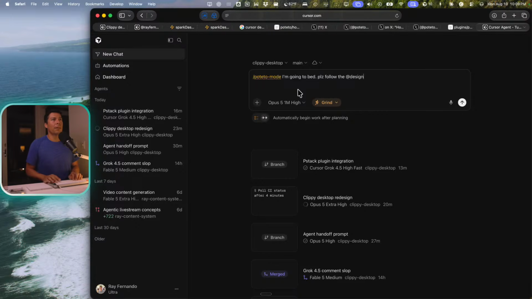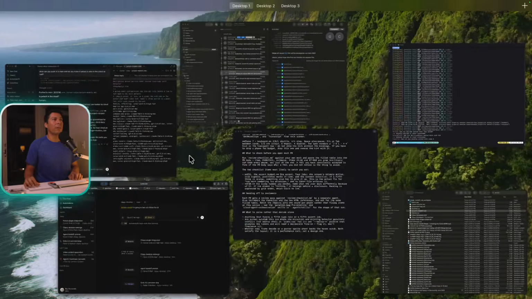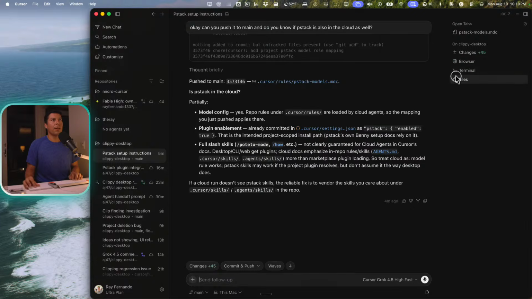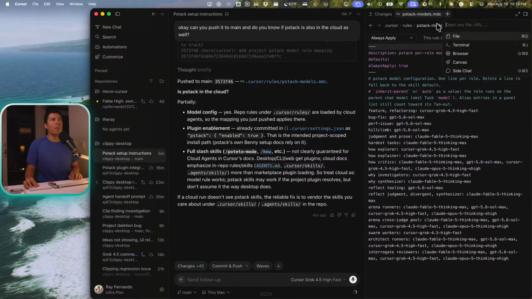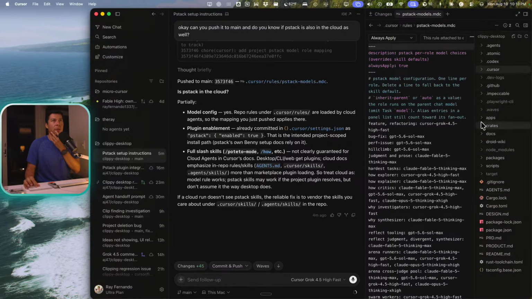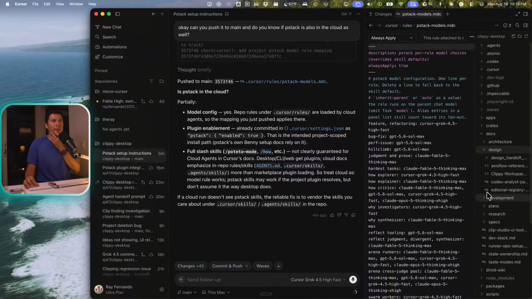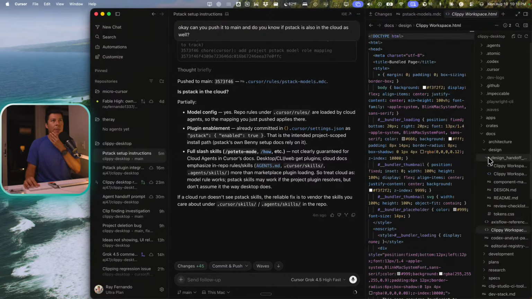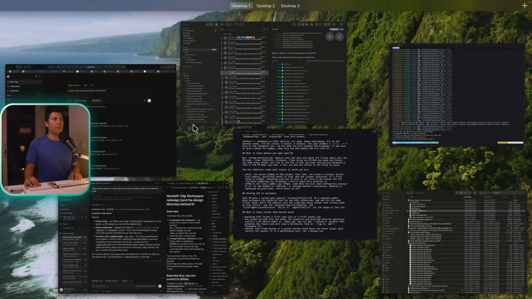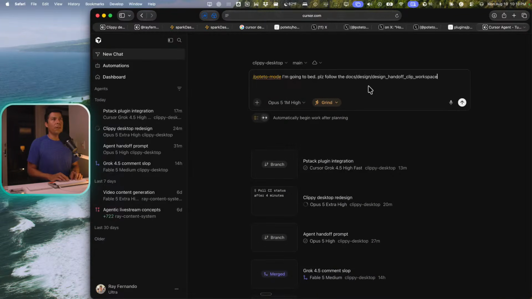Where's the design thing? Let me go back over here. It is in my docs files. I'm trying to find the exact file path. Where is this thing? So we have cursor, docs, design, and it's design handoff, Clippy workspace. Yeah, design handoff. This is the whole thing. Copy relative path. Okay. Please follow the design handoff